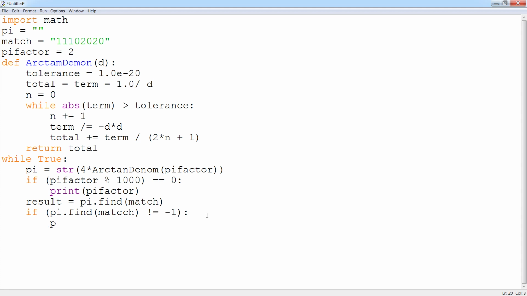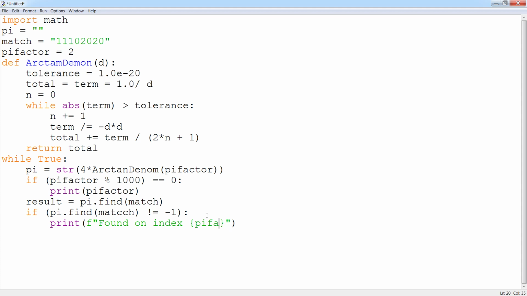We'll do print, have this f prefix for formatting, and we'll write in found on index